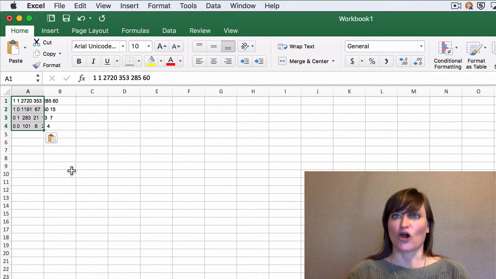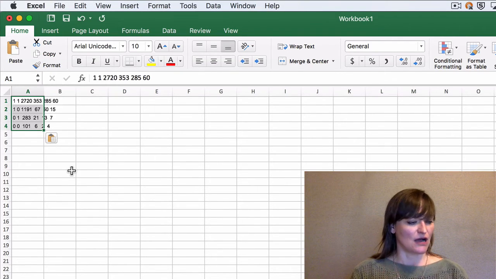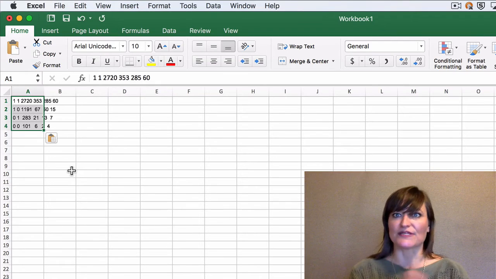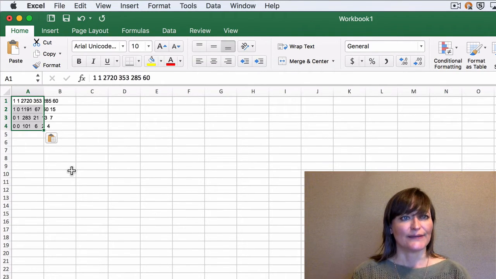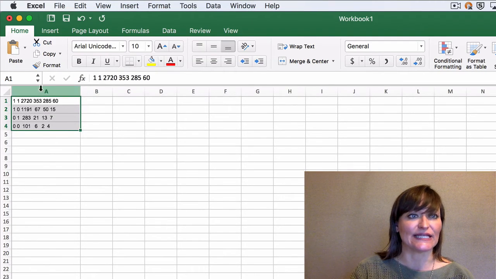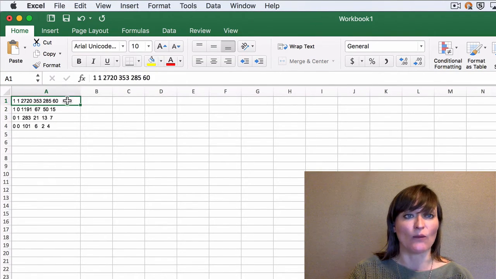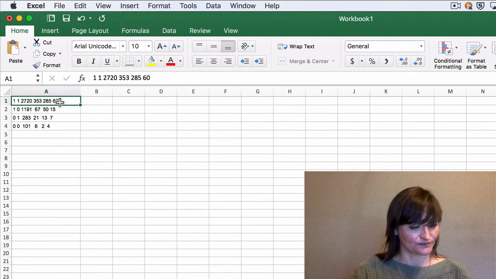Now I could also have opened up that .dat file, and if you do that, you end up at about the same place. Follow along in the tutorial. So, wow, all of our data is in one column. Do you see that? If I make that wider, we can see it's all there. So in cell A1 we've got 1, 1, 2, 2, all of that information in one cell, in one column.